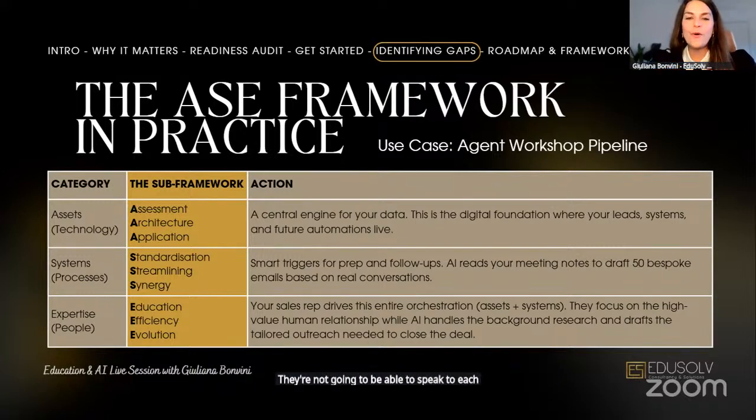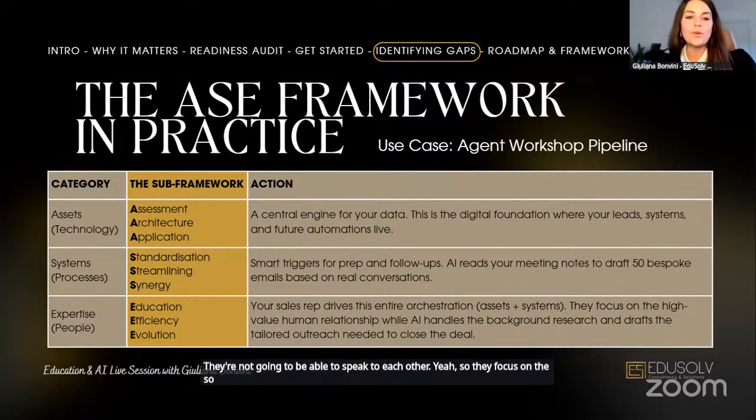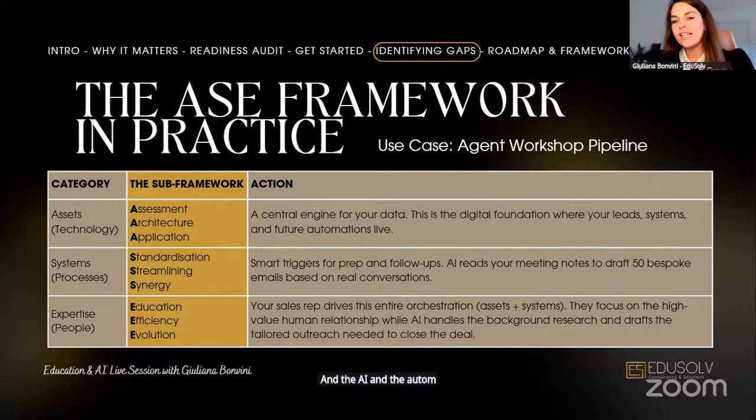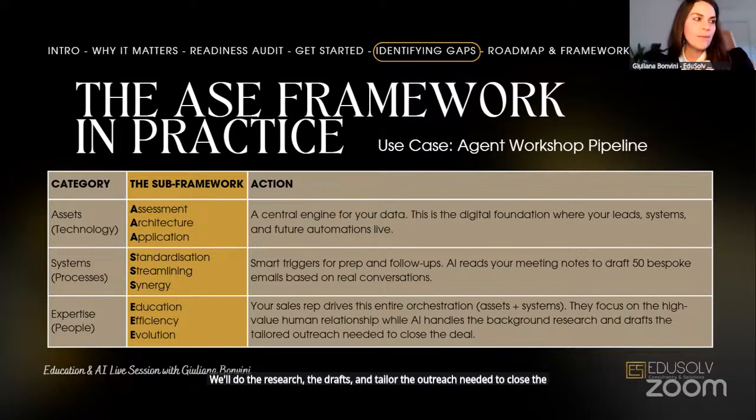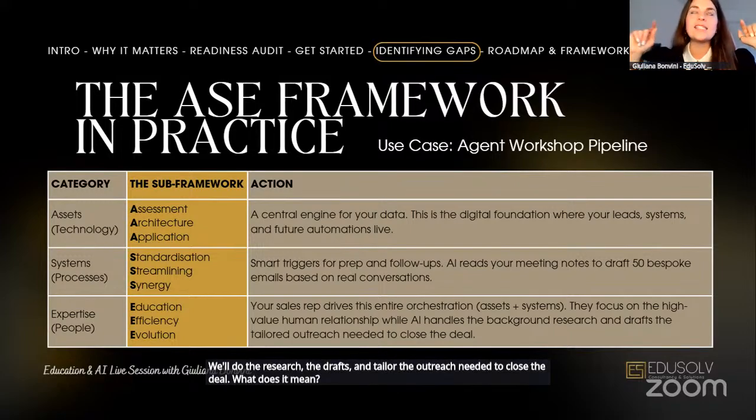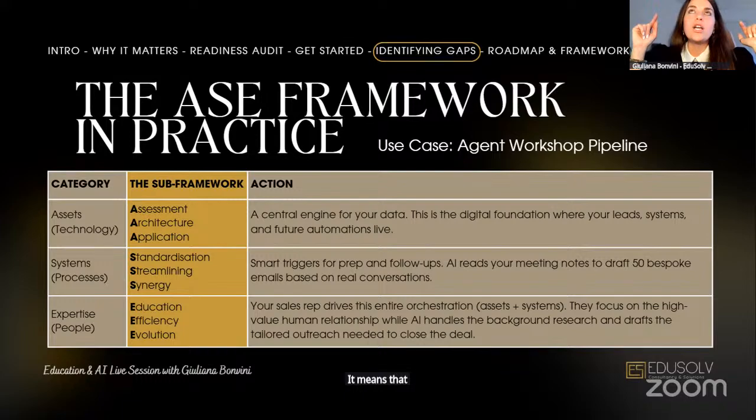Yeah, so your team focuses on the high-value human relationship, and the AI and the automation and everything in the background will do the research, the drafts, and tailor the outreach needed to close the deal. What does it mean? It means that